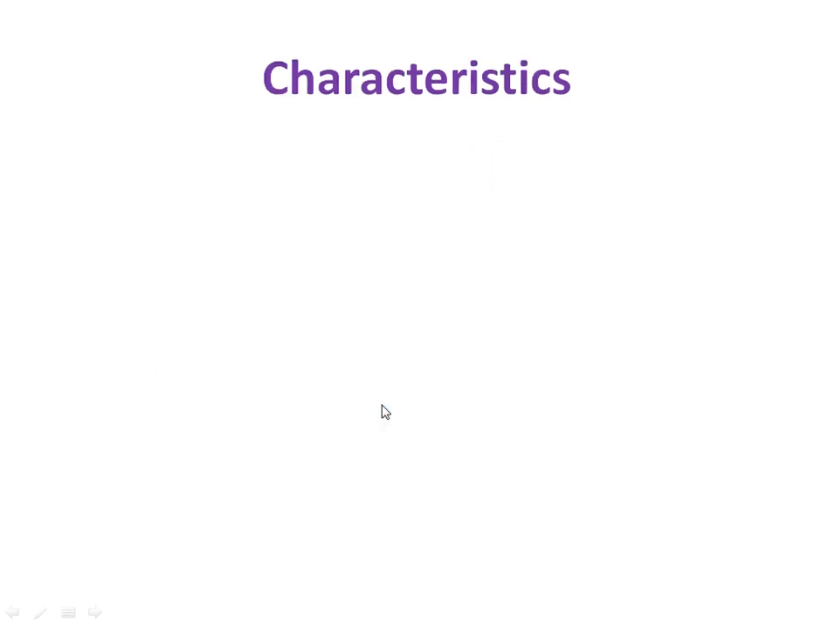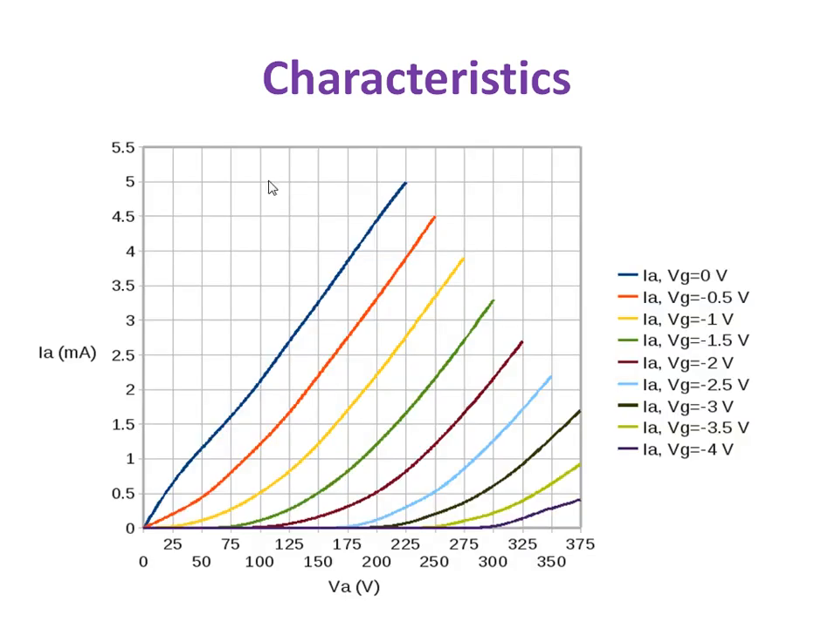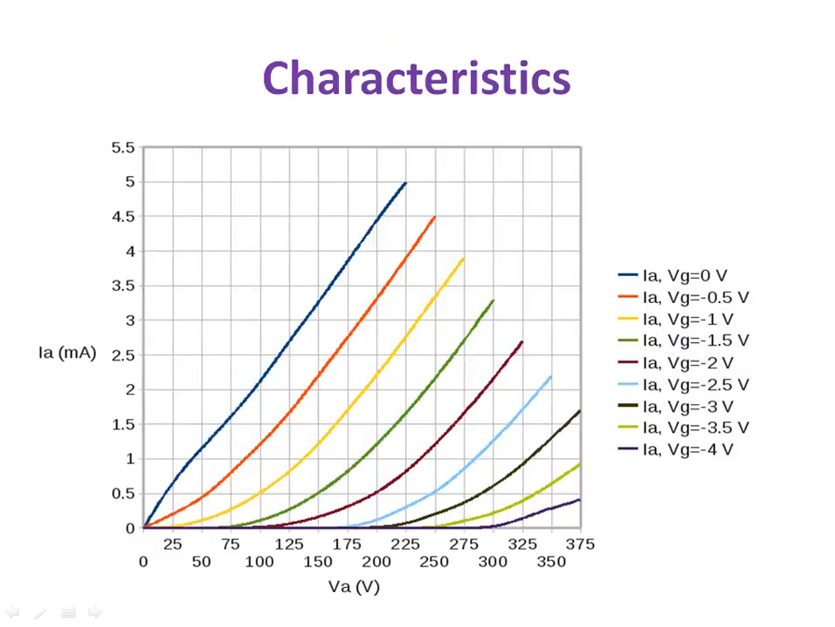In the next lecture we will discuss the history of the transistor in detail. Before that, these are the characteristics of the vacuum triode. If there is no grid voltage, then almost all the electrons are reaching the anode. If I increase the negative grid voltage, -0.5, -1, -1.5, -2, -2.5, -3.5, the current is decreasing. So next class we will discuss the